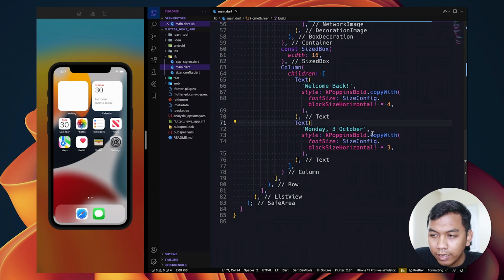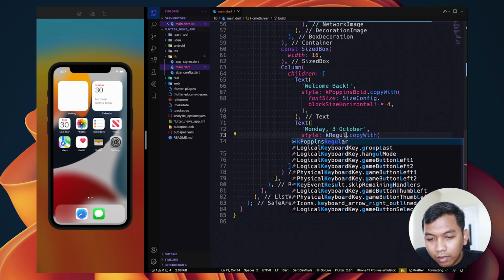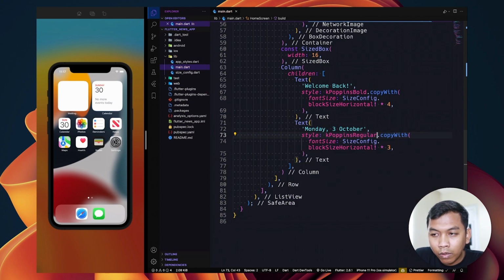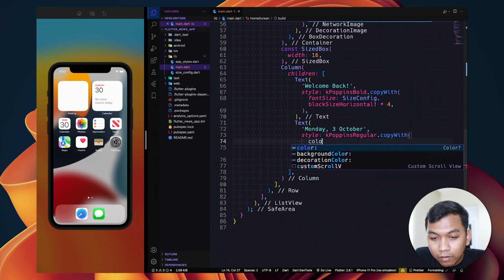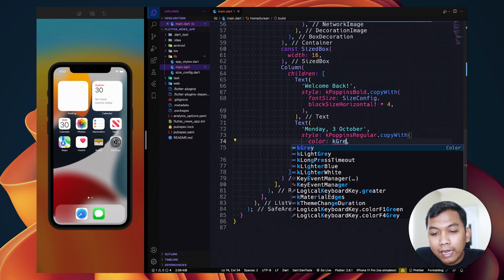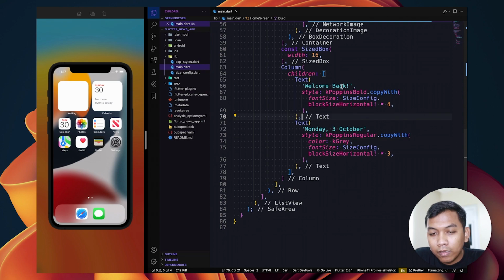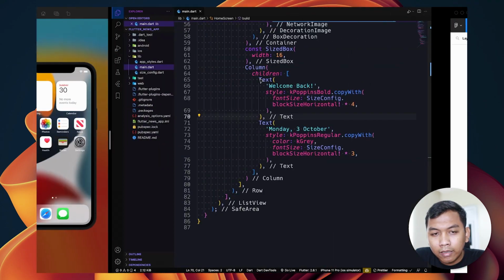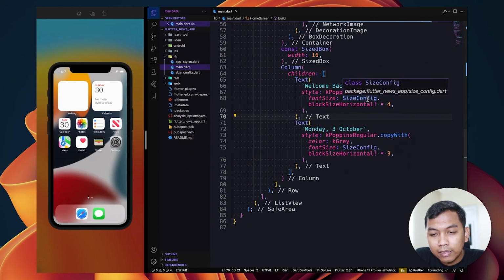Alright, but here we need to say regular, not bold. And for the color, we need to change to gray color. We can change the color because the default color of the app style is K dark blue.